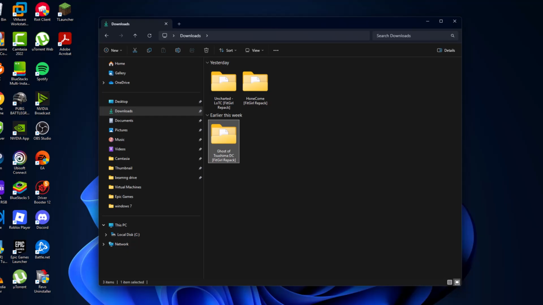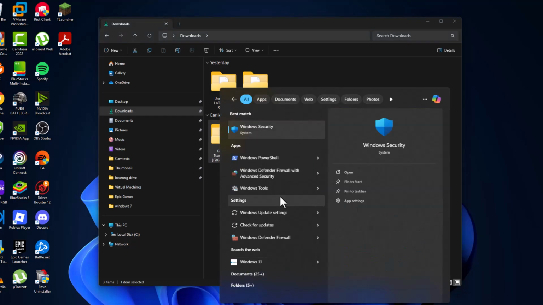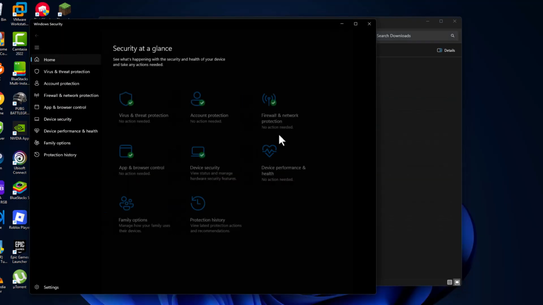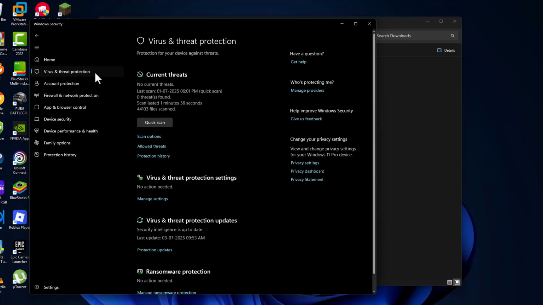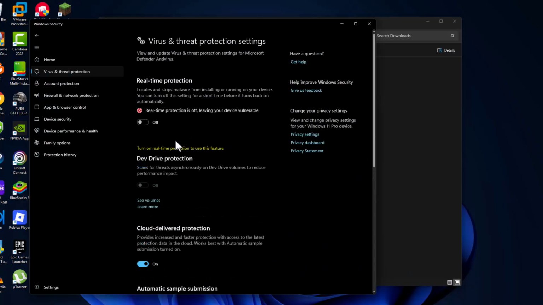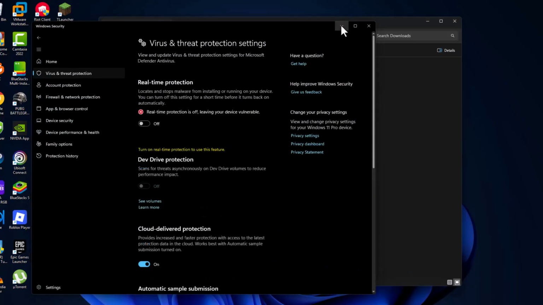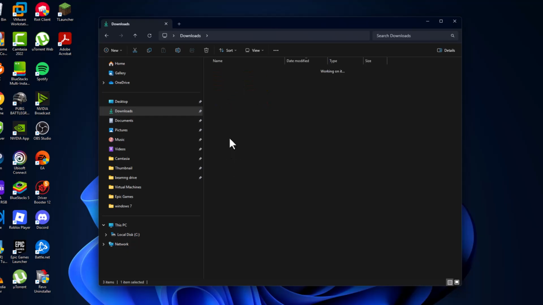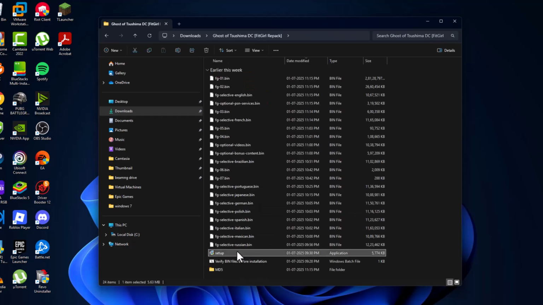And then go to search menu and type Windows Security. Click on Open it and select the virus and threat protection and select Manage Settings. Turn off the real-time protection. Select Yes. And now just minimize this page, now open the folder and double click on the setup and